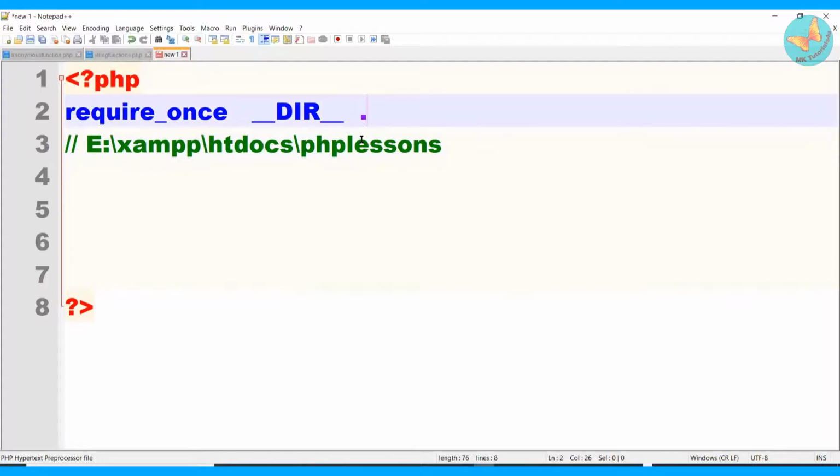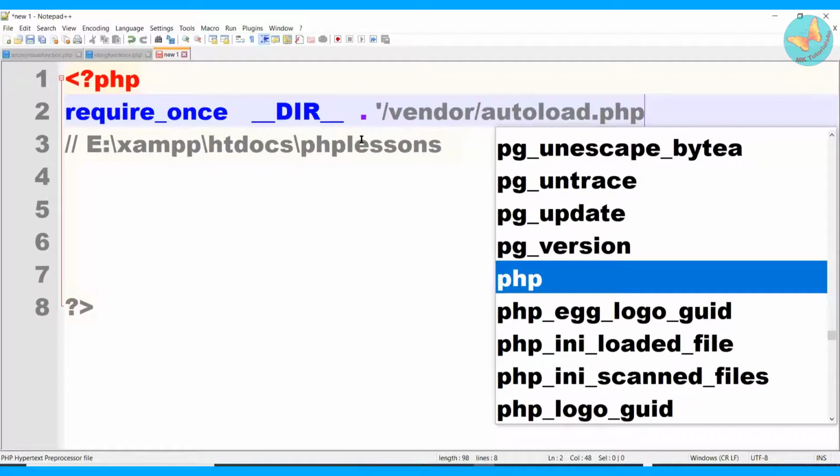So here I will put a concatenation symbol so that it will join the path. Then within the single quote, I'll put further vendor. Just now I have shown you that PHP lessons is now containing the vendor folder. So within that, I will be calling the autoload.php file.